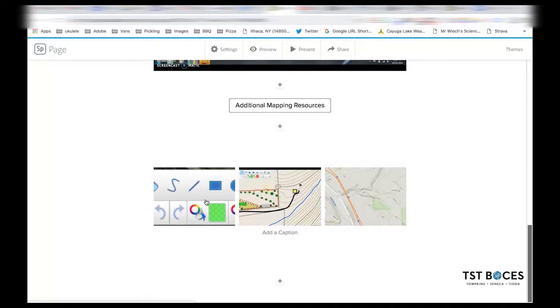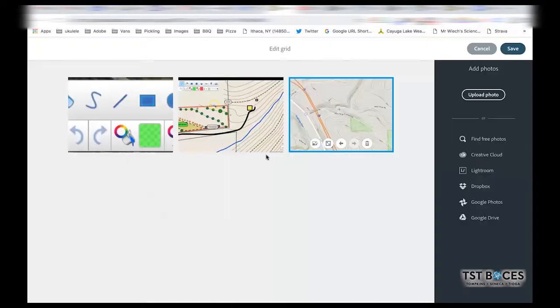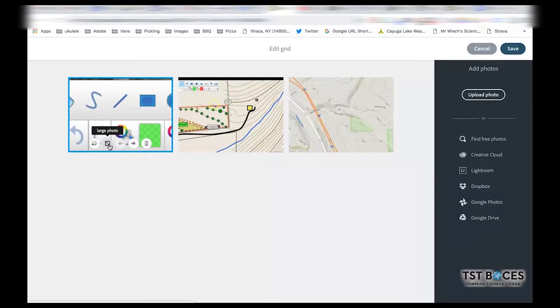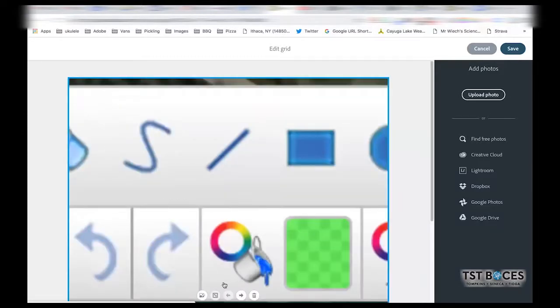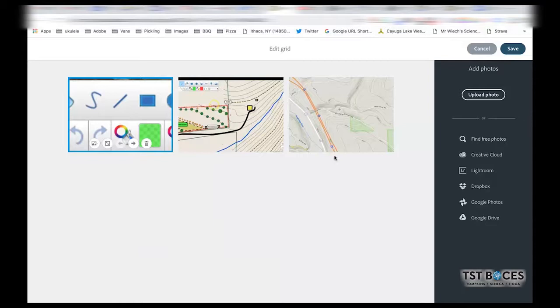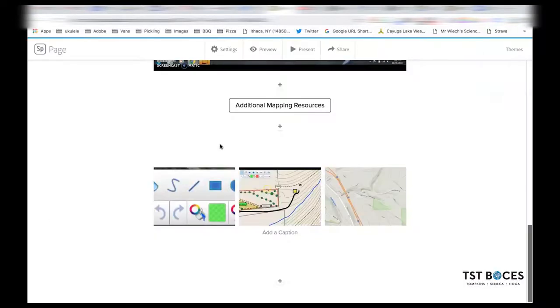It's kind of a nice design element, you could call it, or you could add a caption that describes what the students are seeing. I could also edit it, make one of them larger than the other, but you'll have to play with that and whatever your design preference is. Like that one doesn't have the clarity I would want to blow it up with, but